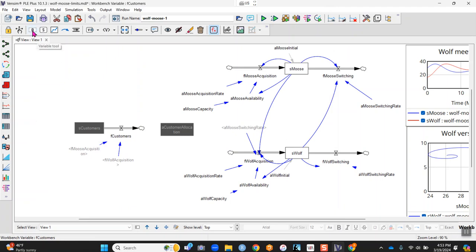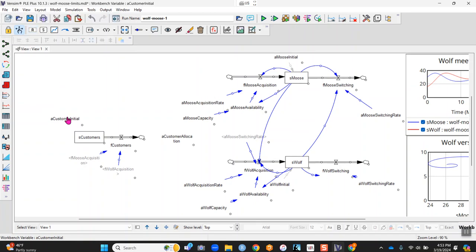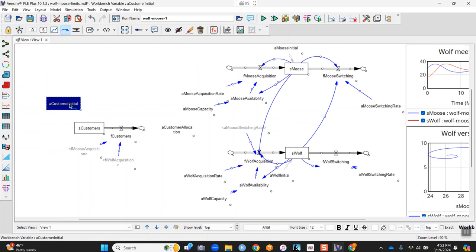And if we put in another variable here, call this auxiliary variable A customer initial, so that's the initial available market. Connect that